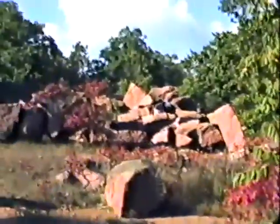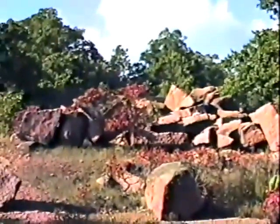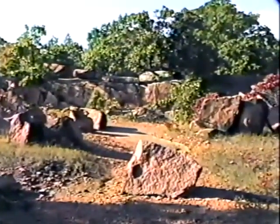Just more of the rocks, the trail that goes through them. Just some of the red granite showing up here. And of course, as usual, we're looking into the sun. And it's getting along